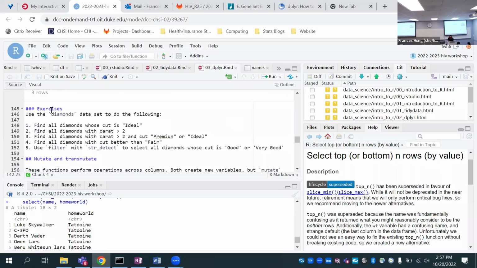Okay, so let's do another exercise and then let's take another break. So here we're going to work with the diamond data set again. And now we're going to find diamonds which meet a certain criteria. So this is very much about using filter for all of these 5 questions. I'll give you a few minutes, then go over any answers and we'll take another break.